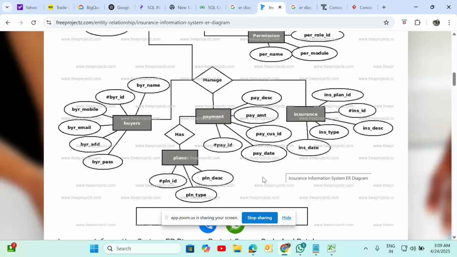So basically, the way I'm understanding it is that business wants to see certain metrics and information from this data, right? They've collected lots of big data. They want to find some intelligence within this data. So they hire a data modeler who goes in and asks what the different topics and subjects of data are, like payment, insurance, plans, buyers, permissions.